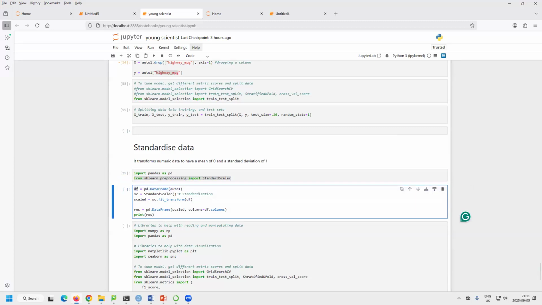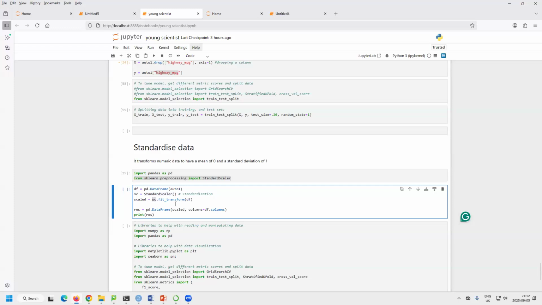Then I'm calling the function StandardScaler. So this function is what is used to standardize the data. But I have assigned that function a name called SC. So when I call SC here, I am actually calling this. So instead of writing this whole thing, I'm just calling it by a name, SC, and putting it here,